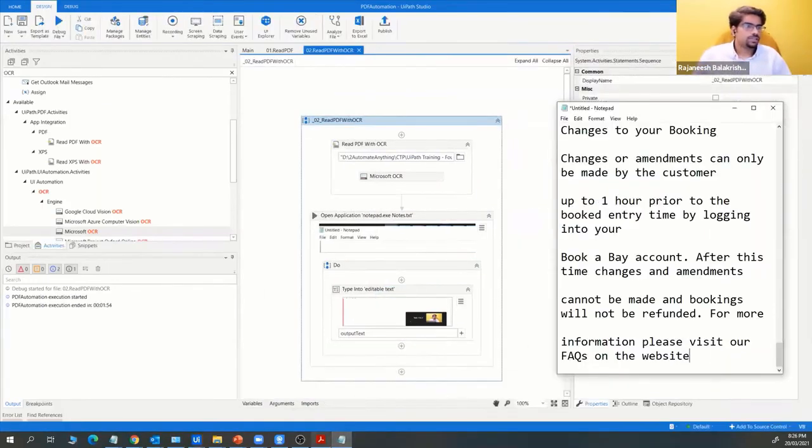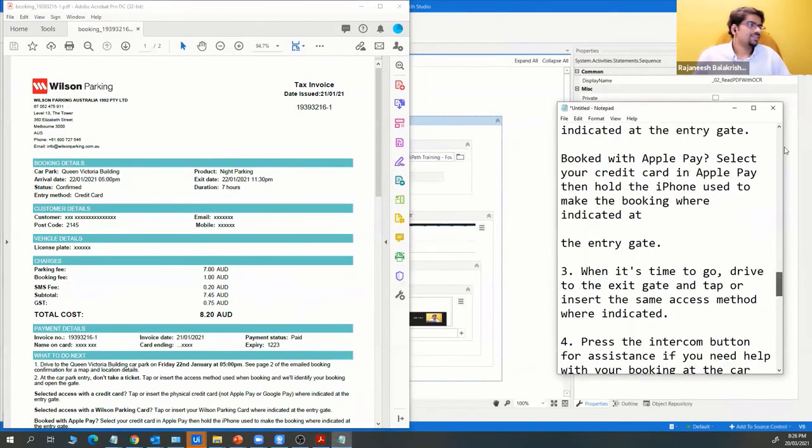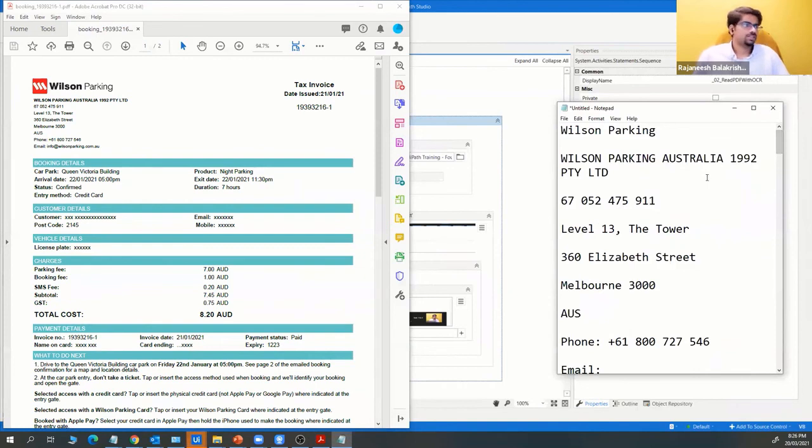And this is the main difference with OCR. It is kind of a black and white document. It converts and then it grabs the value, right? If you see the first line, it is not the tax invoice that you saw before. It is the Wilson Parking. You can see the Wilson Parking here, and the second, it's the image. So it has converted the image into these characters. And the second line is the Wilson Parking, and you got that as well.